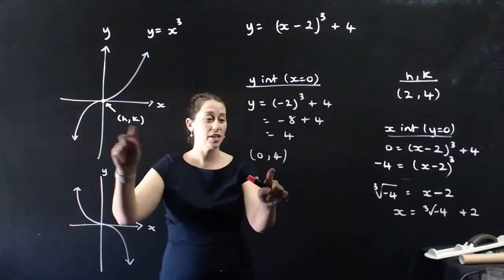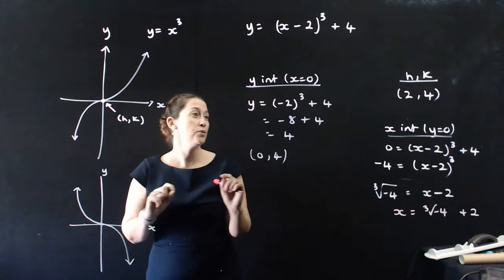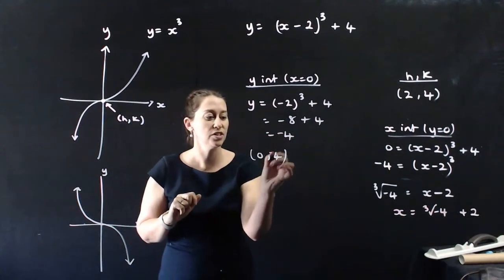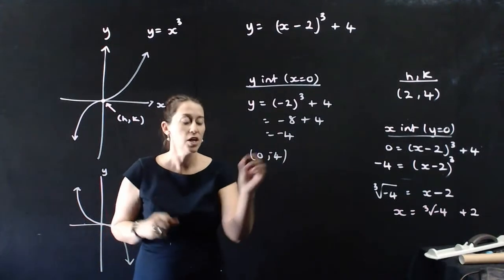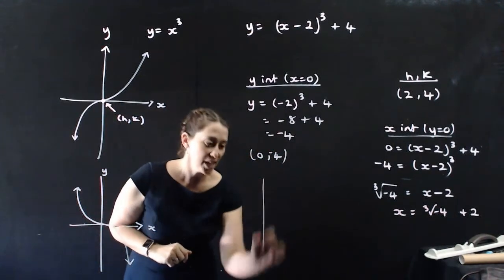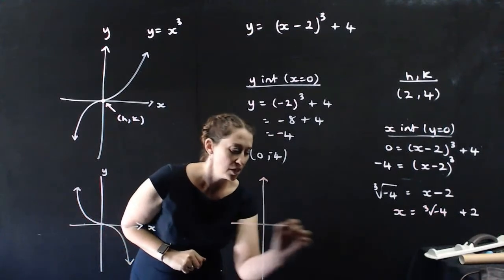My y-intercept is at 4. So, oh, hang on, minus 8 plus 4, negative 4. Apologies for that. I do make mistakes sometimes. So my y-intercept's down here. So therefore my x-intercept's somewhere here. So the sketch is going to look something like this,